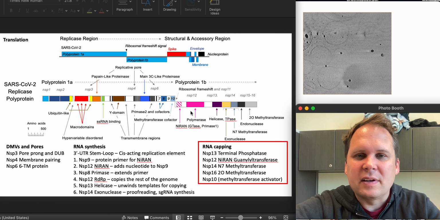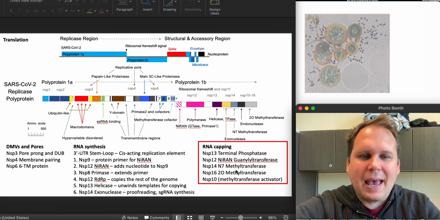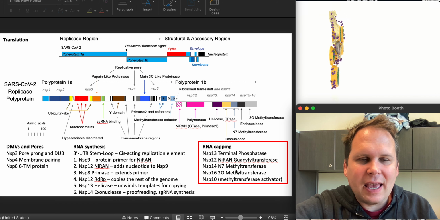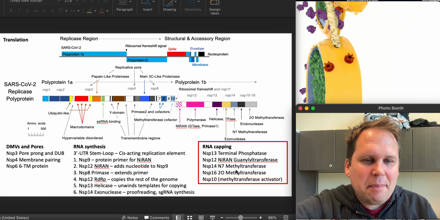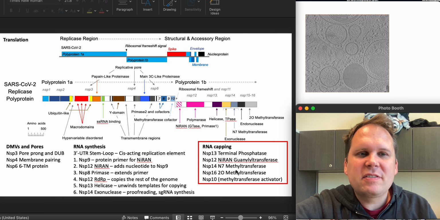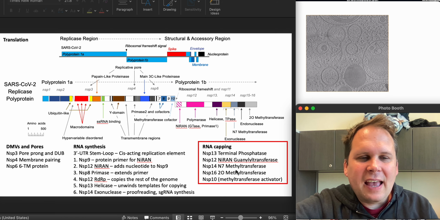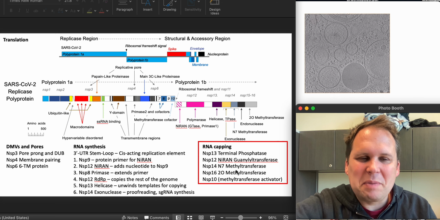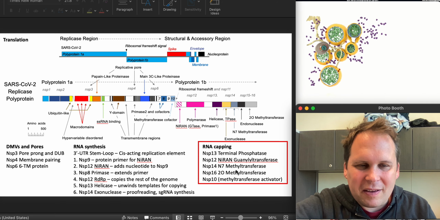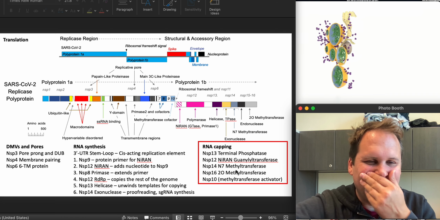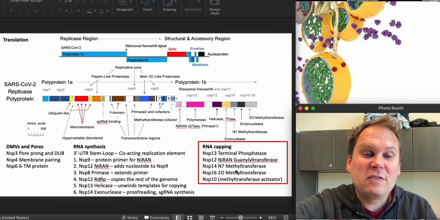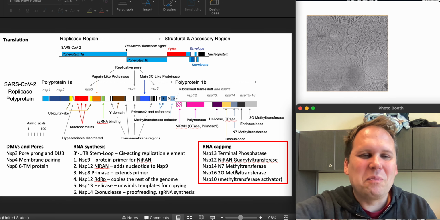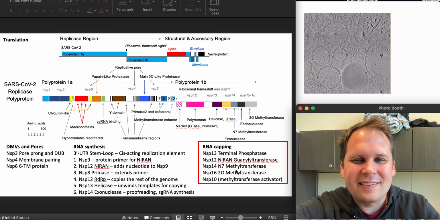Next part. Let's go. So next part is RNA capping. Now, we don't know for sure when RNA capping happens. It has to happen at some point after we have started making the virus, and it could happen any point up until the virus is done being synthesized. But it probably happens fairly early in the process, would be the guess. But really, we don't know. So it's just a thing that happens, and so we're going to cover it as a unit because we know the parts and what they do. And so let's do this.